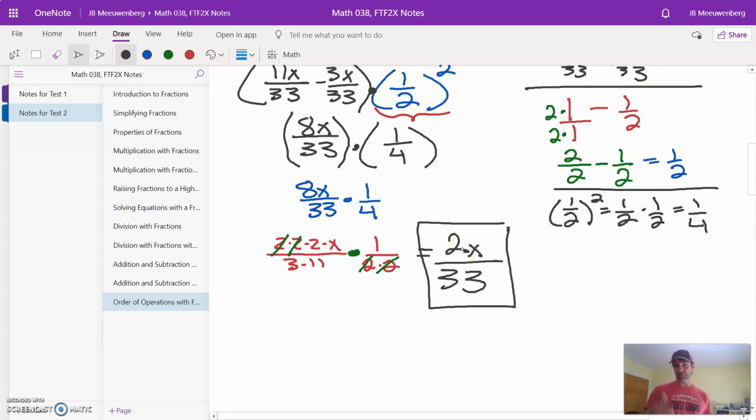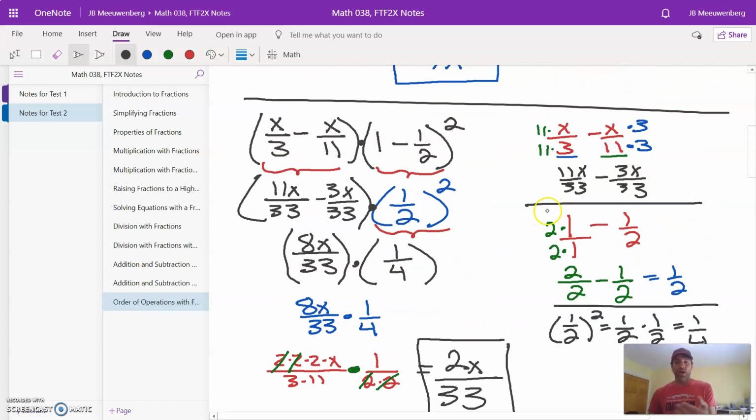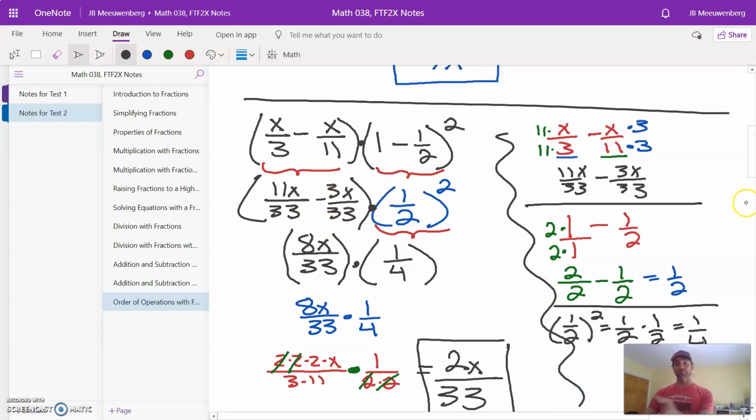So, a couple very different problems. The order stays the same: grouping, exponents, multiplicative operations, additive operations. We just have to keep the fraction work going. It works the same way. I like working the fraction work off to the side, organize some information on the left, do some side work on the right, and that keeps everything organized and laid out in the proper